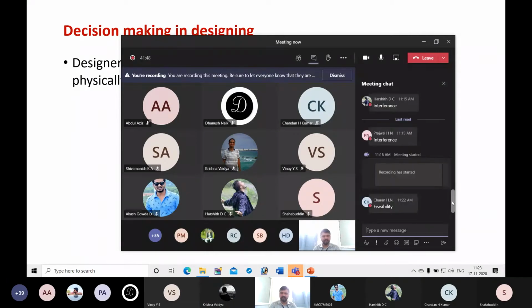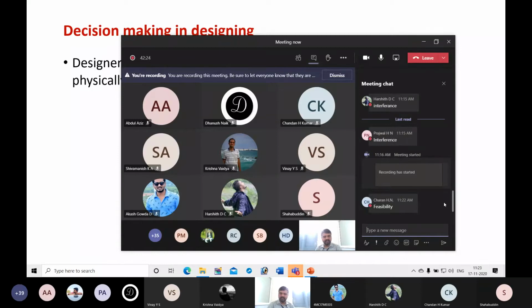Before going to all those things, first you have to look into which manufacturing processes you are going to employ to produce those parts, whether you use material removal processes, forming processes or casting. First you have to decide which manufacturing process you are going to use to produce this product. Then whether facility is available in the company. If you are working in a company, you should first look into which machines and which facilities it has.